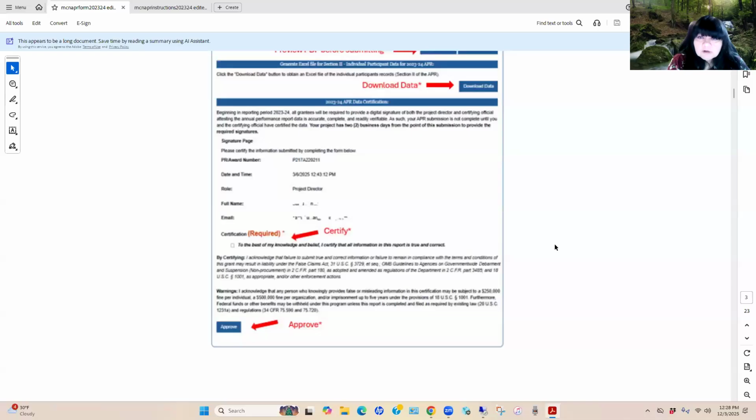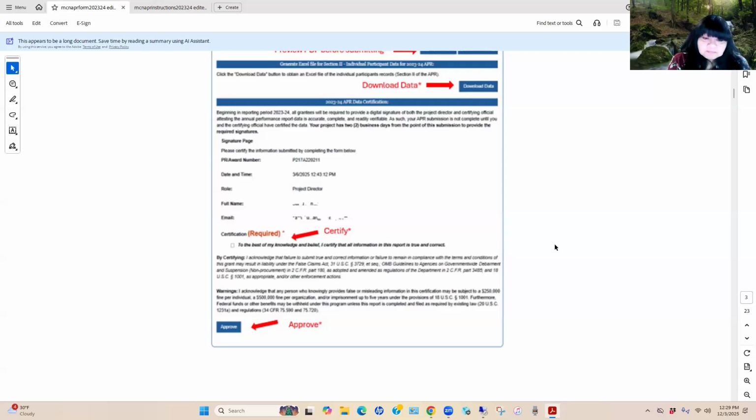Once the annual performance report is submitted by the director, and it could also potentially be submitted by the data entry user. Once that APR is submitted, you know what? I take that back. It does need to be submitted by the director because that's the director's certification. So the data entry user should not certify and or approve. Okay, so that should be done by the director. I apologize, my mind went somewhere else with that data entry user. But yes, only the director and the certifying officials should certify and approve the APR submission process.